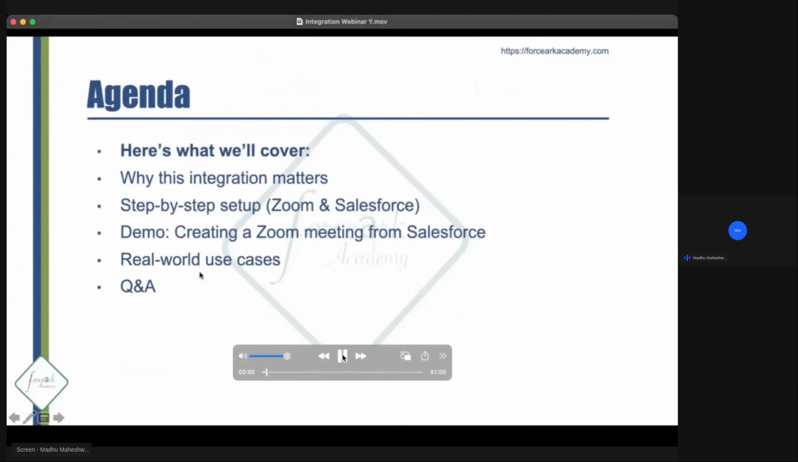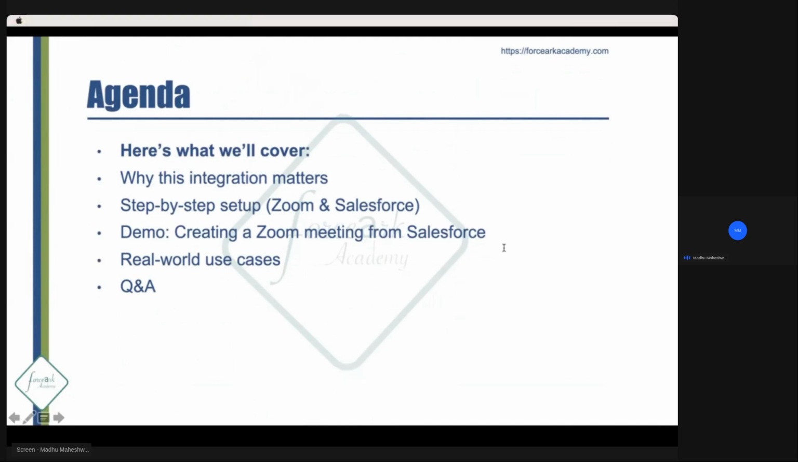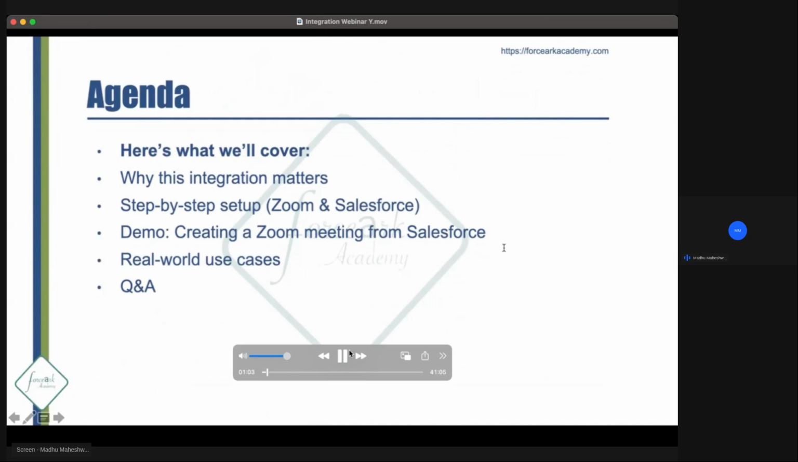Before we jump in, here is a quick look at what we will be covering in this session. First, we'll talk about why integrating Zoom with Salesforce is important, not just from a technical standpoint, but how it